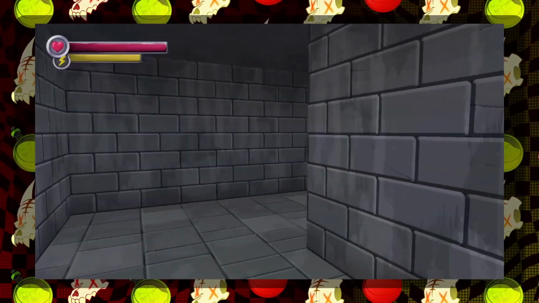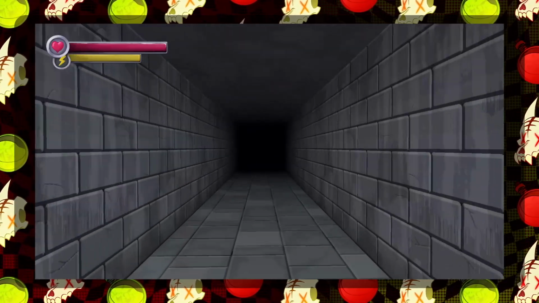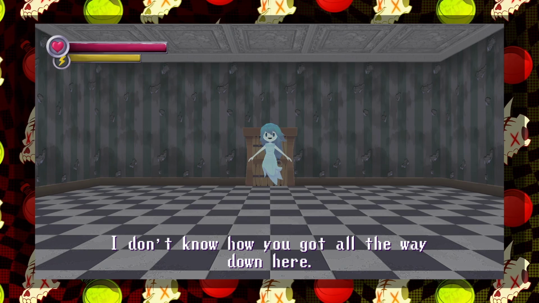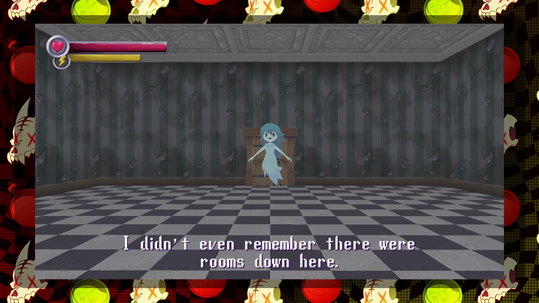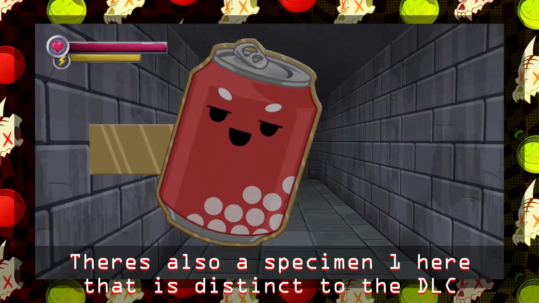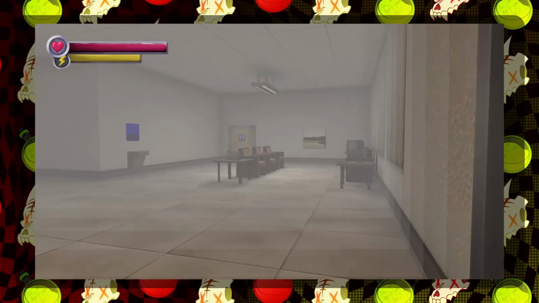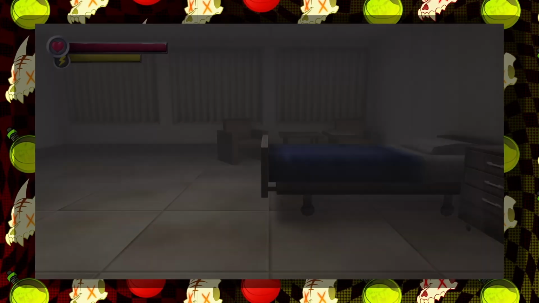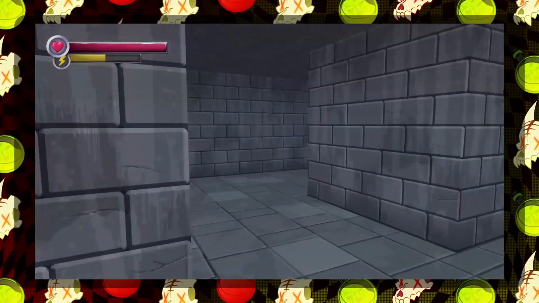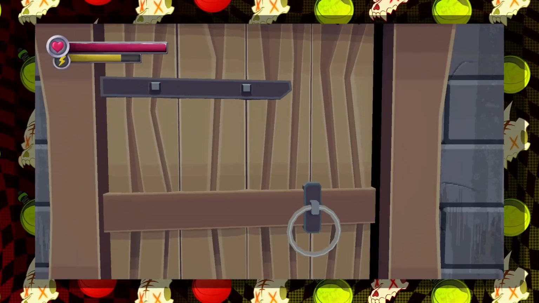At the start of the Hospital DLC, we branch off the main path and into a decrepit looking room with ripped wallpaper, and Spooky greets us by saying that she doesn't know how we got down here, and that she didn't even remember that there were rooms down here. From that point on, after entering the hospital, we're kind of just tasked with running around and solving puzzles. There are also 2 different endings that you can get, depending on whether or not you choose to kill the monsters or not. At the start of the Dollhouse DLC, we're once again ventured off the main path, before walking